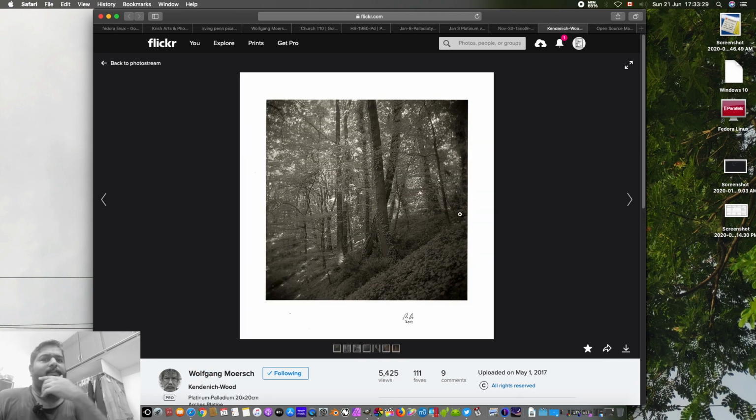Why platinum palladium print? Because it has an incredible shelf life. It would stay there for the life of the paper. So if you're going to preserve the paper for 1,000 years, the platinum palladium print is going to stay for 1,000 years. Number two, the grays that you will find, defined by